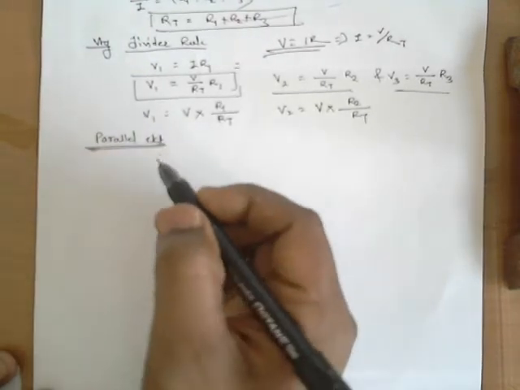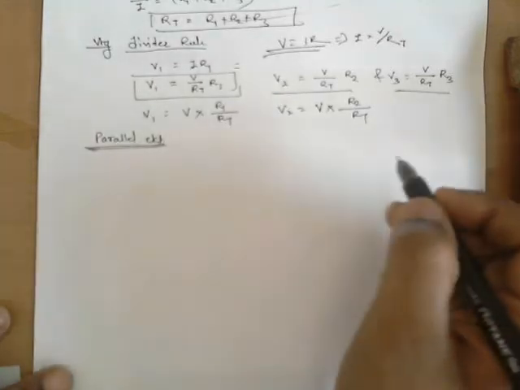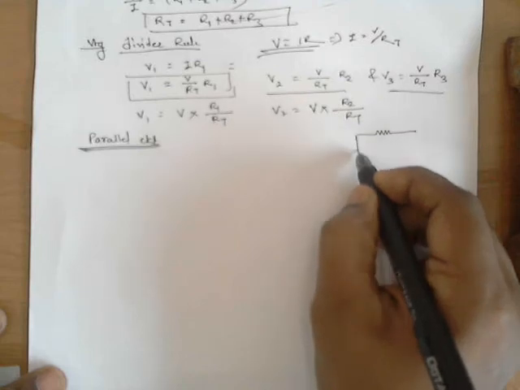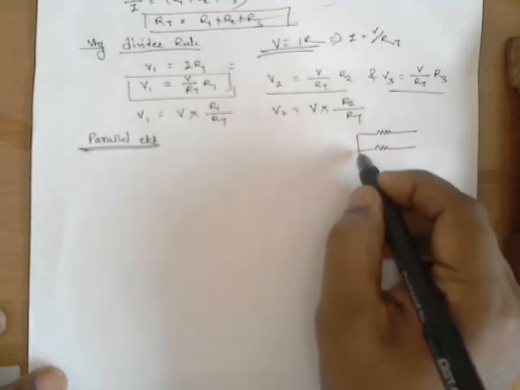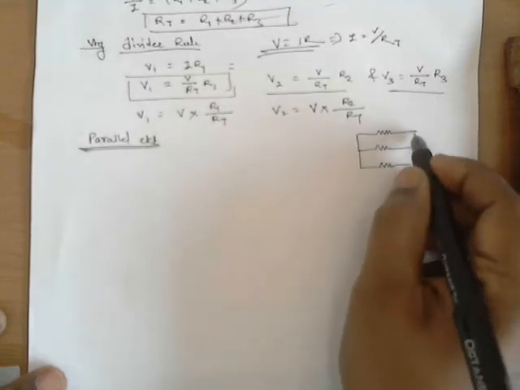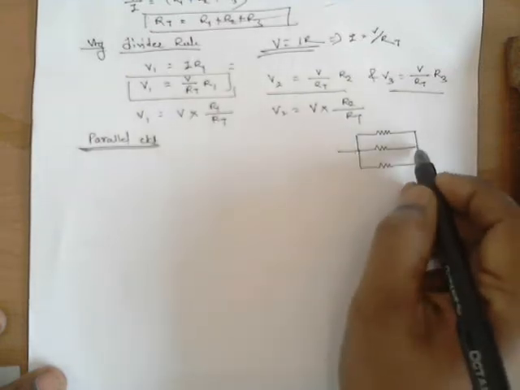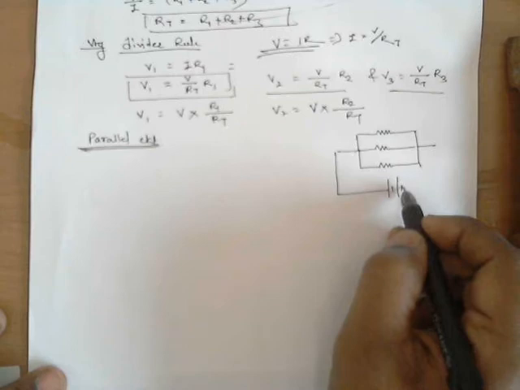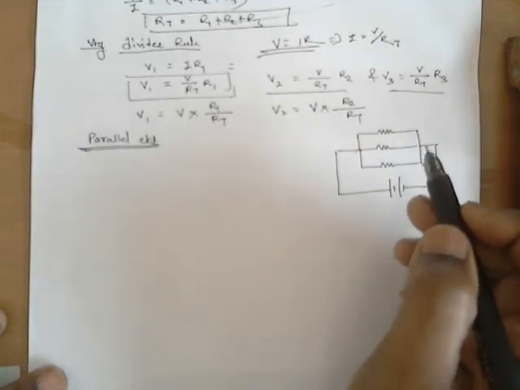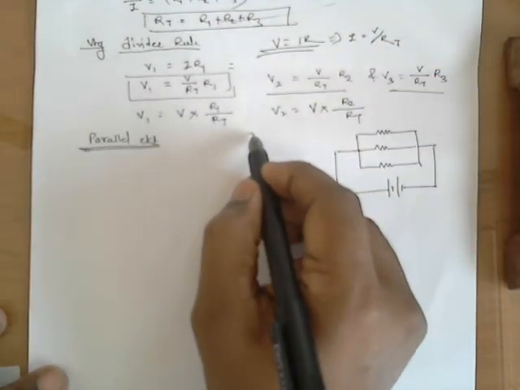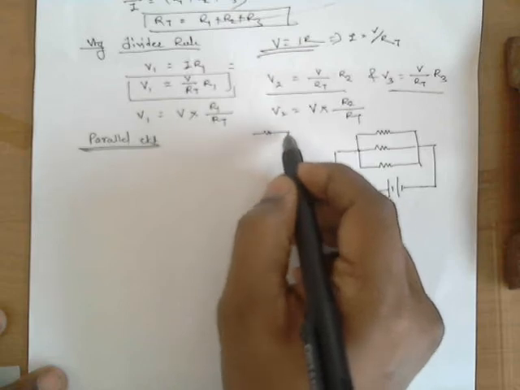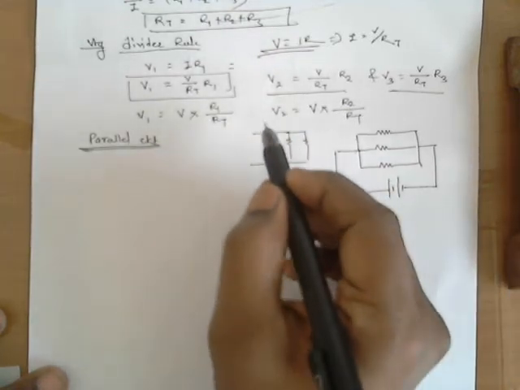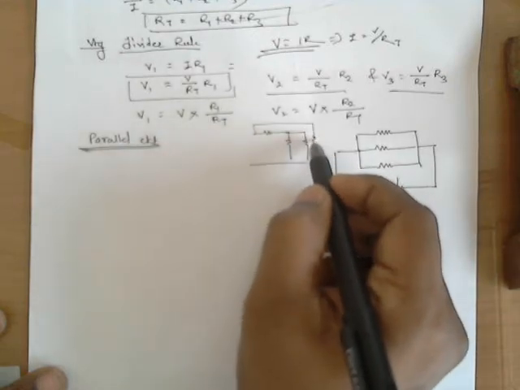Parallel circuit. Now, parallel circuit means a circuit like this, where resistances are connected in parallel. Now we are drawing a generalized circuit which looks simple, but parallel means the connection can be anyway. It can be like this: one series resistance, another resistance, and for this resistance this is a parallel. Are you getting it? Then for this whole combination there is a parallel resistance.